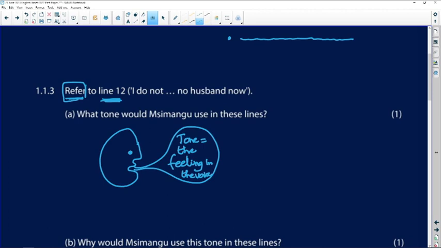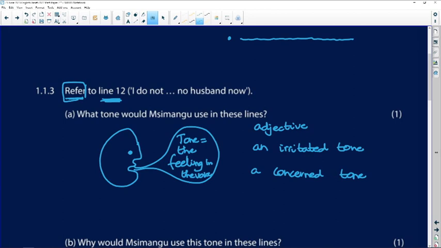Now, what I want you to do is, at the moment, the markers are looking for an adjective. So I want you to answer this in something like, he would use an irritated tone. Might not be the right answer for this question. I'm just giving you an example. He would use a concerned tone. I want you to write your answer in that way, because what candidates are doing is they're writing, saying something like,